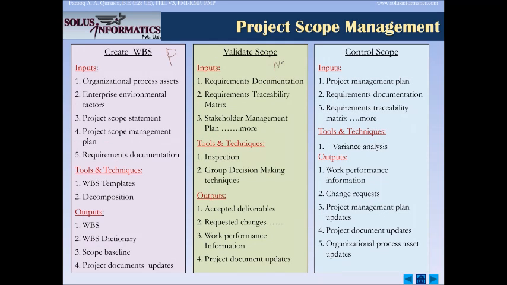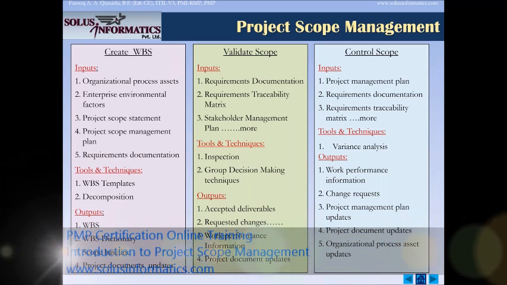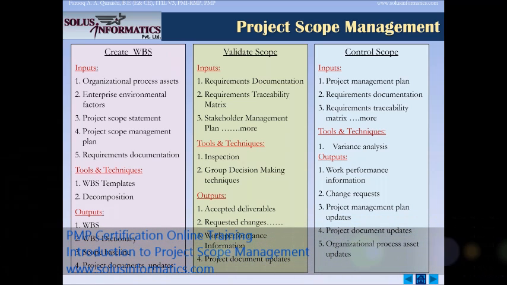So out of 6 processes, the first 4 of them happen as part of planning, and the last 2 of them happen as part of monitoring and controlling the project. So project scope management, this knowledge area has 6 processes. If you look at this,